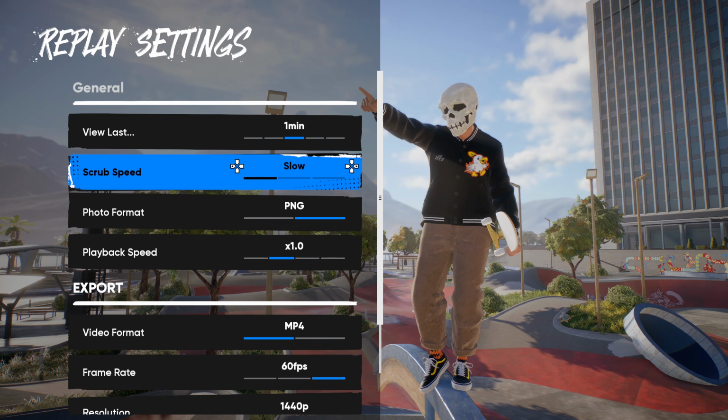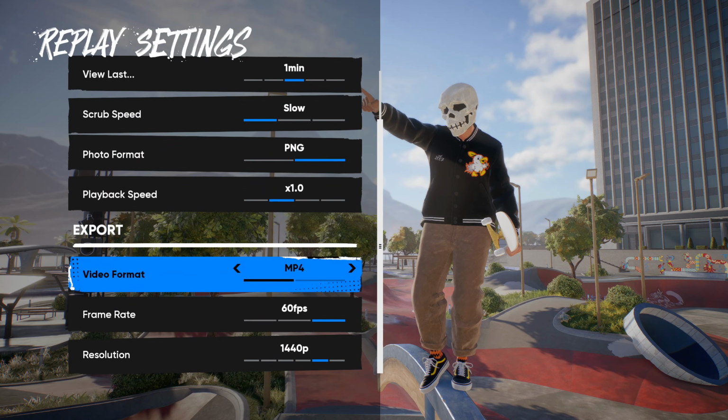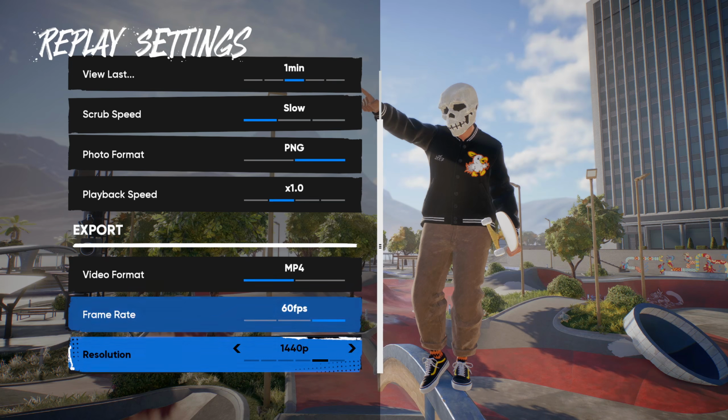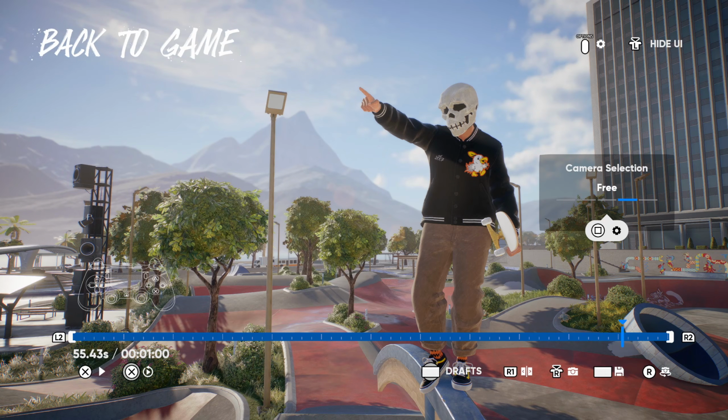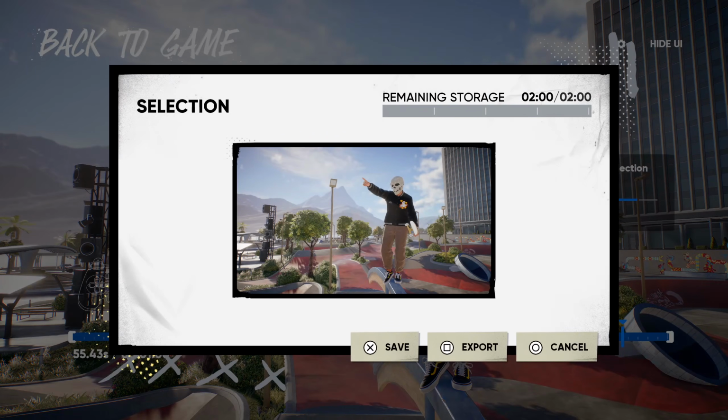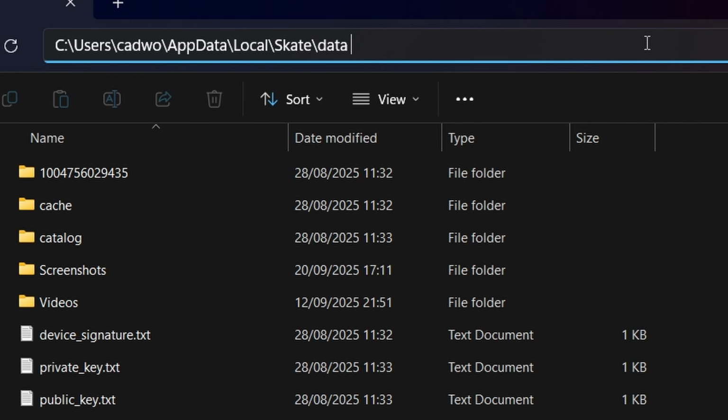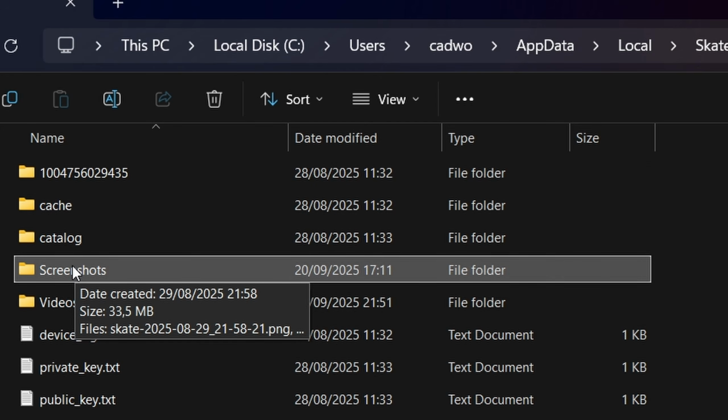You can also set the scrub speed here, the photo format and everything, and then which frame rate you want to export your stuff. And I'm also going to show you in a minute where your screenshots and where your videos actually go when you export them. So when you go right here on export in replay editor, and where you can actually find this is right here on users, then your username. So in your Windows installation, then username, app data, local skate data, and then here you will find screenshots